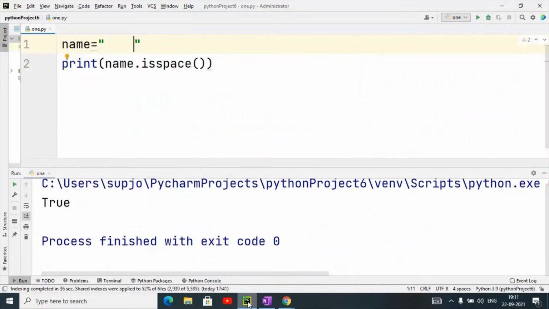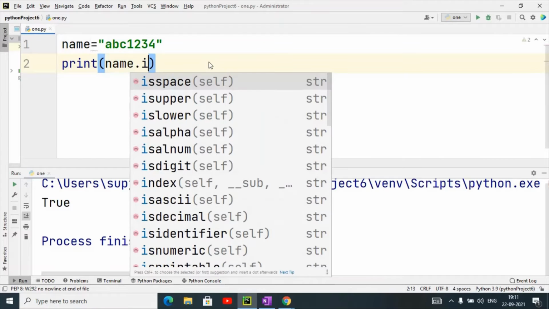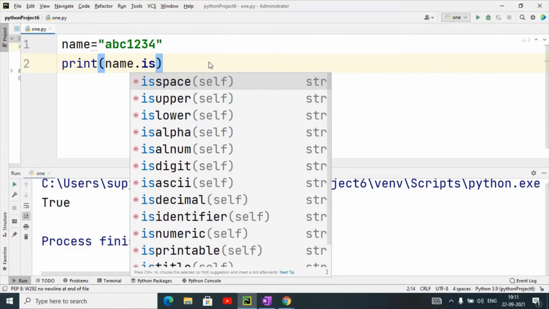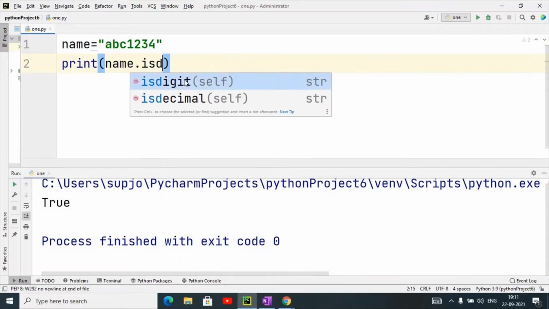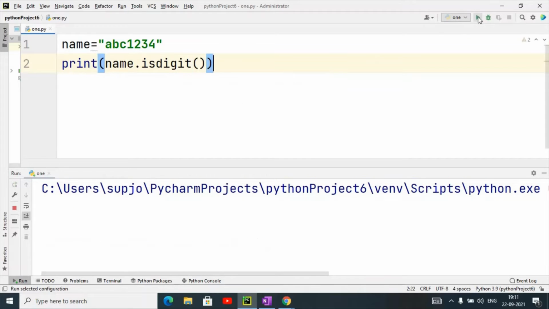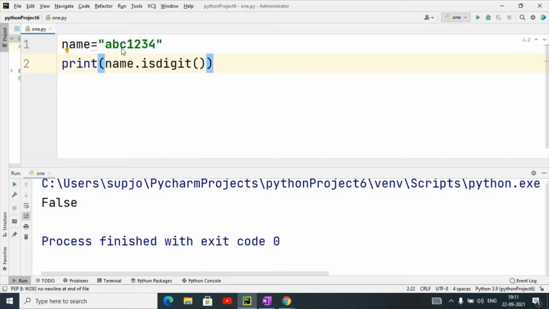For example, I have taken abc1234, and if I apply the isdigit method, it will return false because some are alphabets also. Suppose I have taken 1234 only, so in this case it will return true value. So it will check that all the string characters are digits or not. This is about the isdigit function.